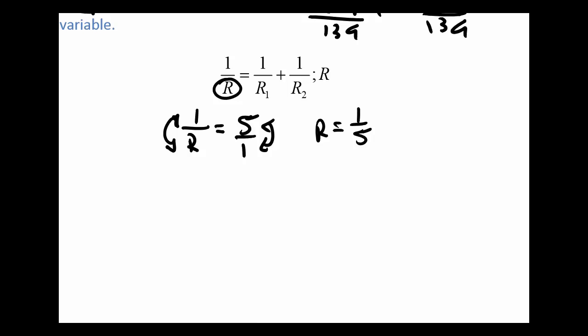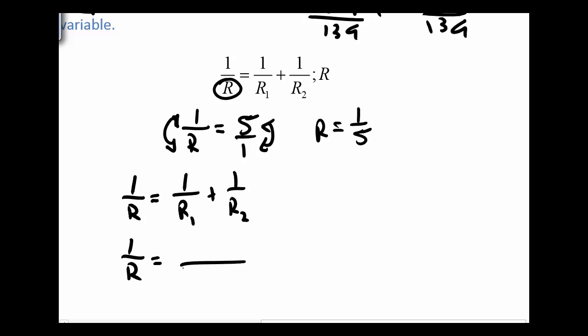Okay, so there's my interim goal, is to get the right side to be a single fraction. Okay, so let me kind of bring this down here. This is what we really have, 1 over R1 plus 1 over R2. Okay, so what our denominator rule says, if I have, what would my common denominator be? And that would be R1, R2. So this first fraction,